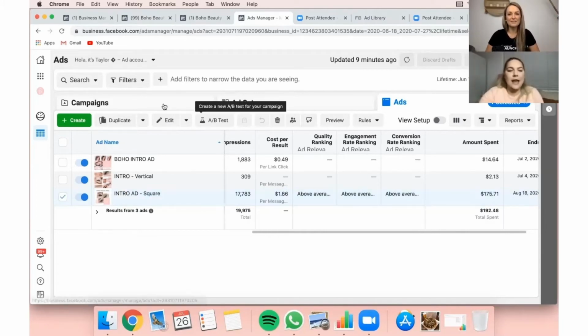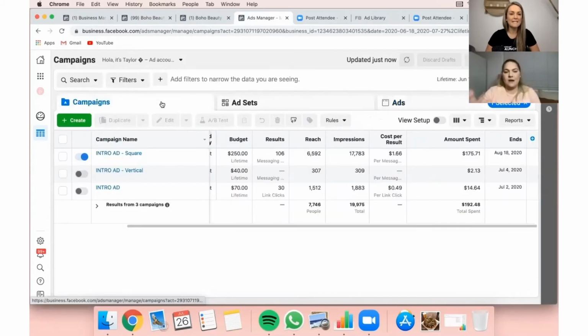Absolutely. So your campaign, remember how at the very start we spoke about the purpose of the ad? What is the ad supposed to do? For me, the campaign is an intro ad. I'm going to run it as a square. I ran it as a vertical. The vertical didn't convert, so I killed the vertical and put the vertical budget on the squares budget. So I was able to look at what was in stories and what is on feeds, and compare the two.